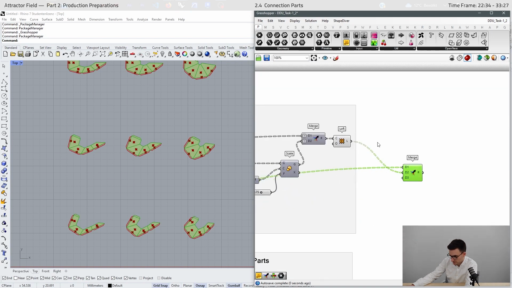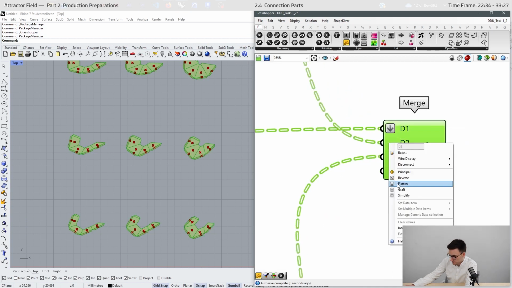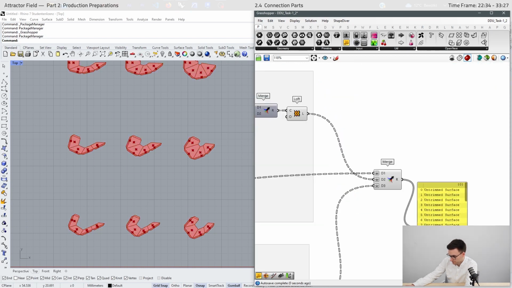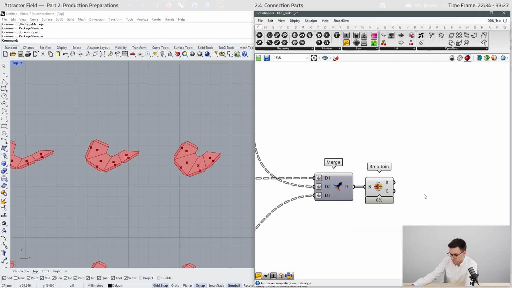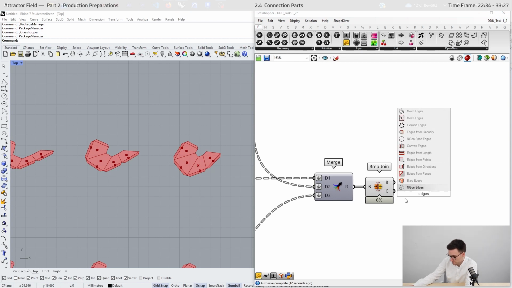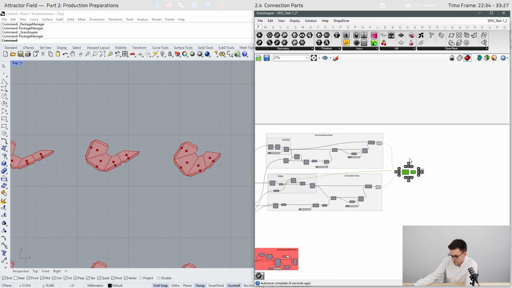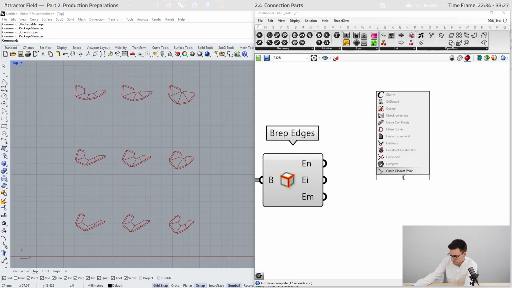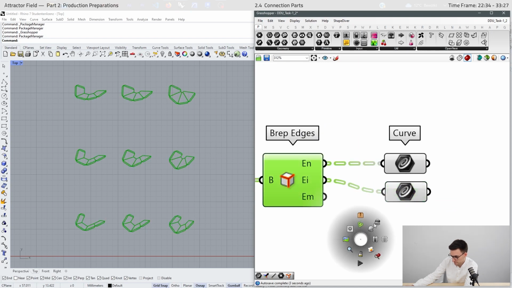Merge these connection parts and these ones, and we can just flatten the list so that every item is in one list, and then we can join and use BREP edges and can hide the preview, and here we have our outer curves and our inner folding edges.